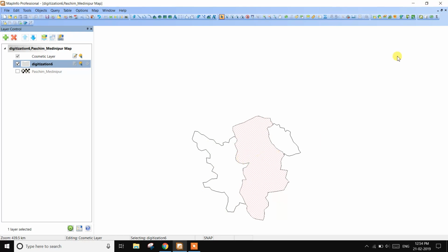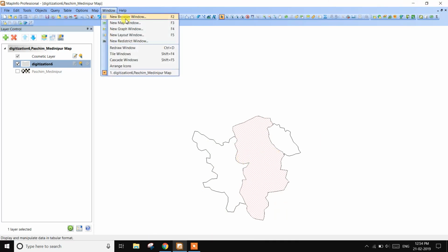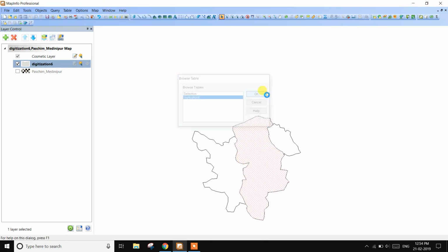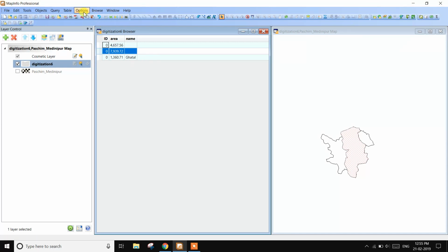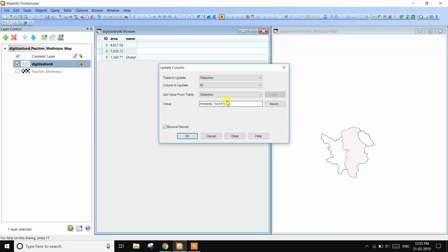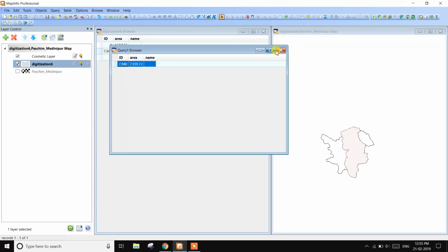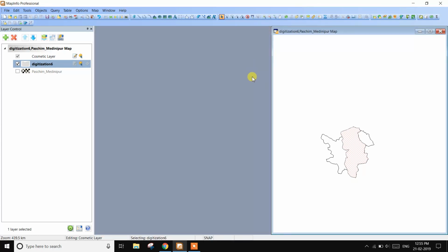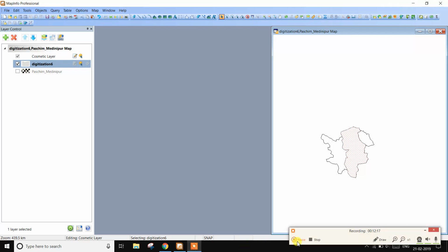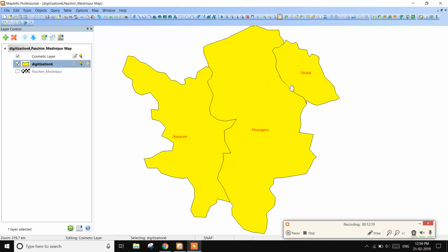Then go to Window, New, the digitization folder, then Tile Windows, then Table, Update Column, then OK. There is the labeling of the three municipality areas: Jhargram, Kharagpur and Ghatal.